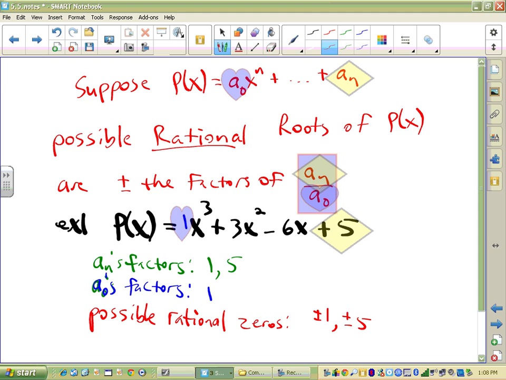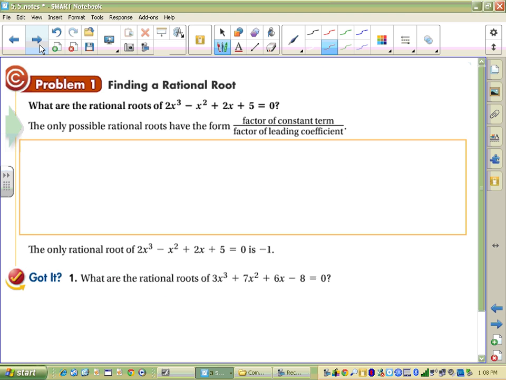So let's look at another one. Example 2, their problem 1. So they're saying, what are the possible rational roots of 2x cubed minus x squared plus 2x plus 5? So again, we look at a sub n. A sub n's factors are just 1 and 5. A sub 0's factors are 1 and 2. So our possible rational zeros then,